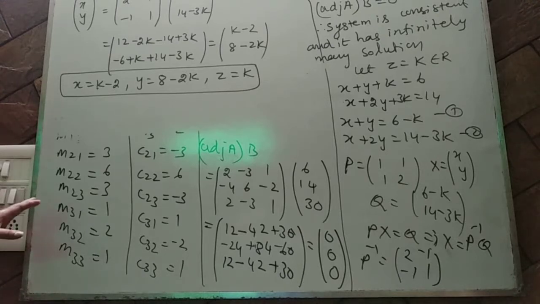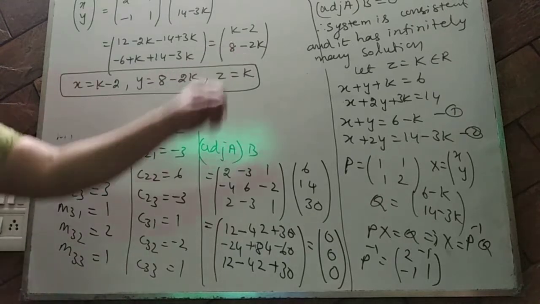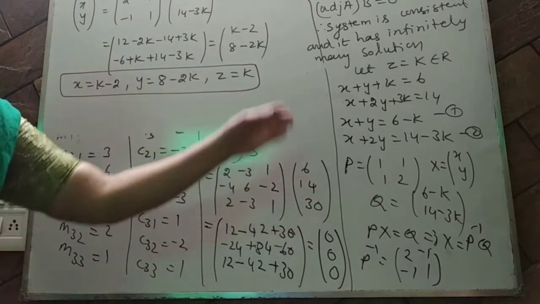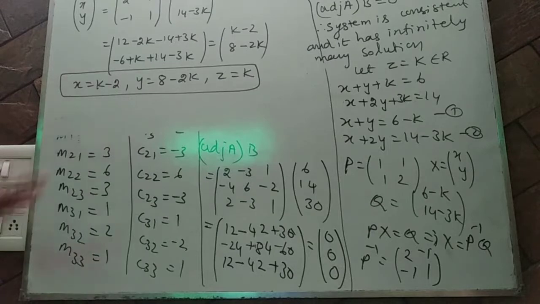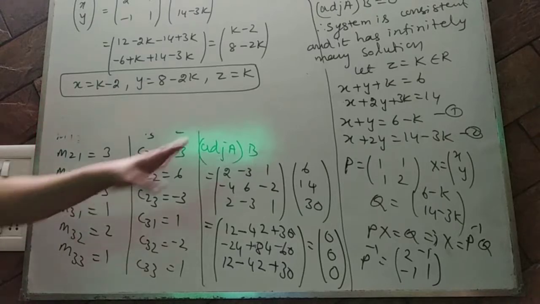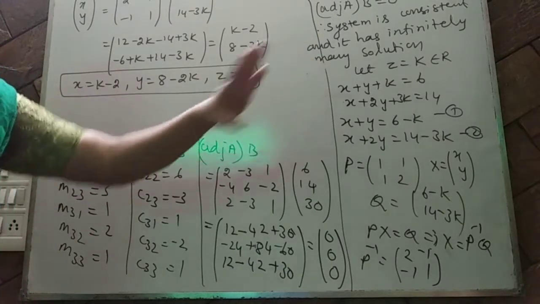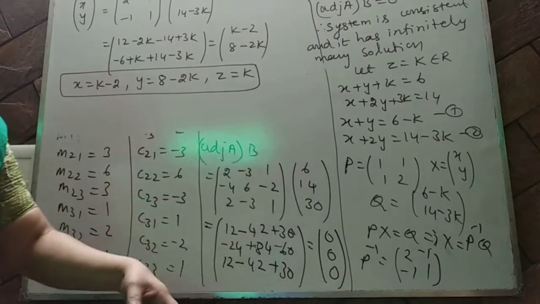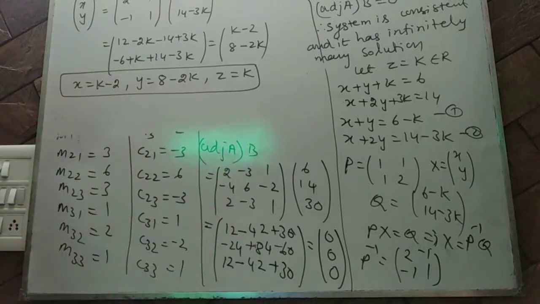So it is so simple. If it is a 2 by 2 system, that is quite easy. Then z equal to k. If you take y equal to k, then automatically you will get the value of x, no need of solving again. If you get determinant of A as 0 and adjoint of A into B is also 0, then further you have to do one thing: let y equal to k. If you substitute y equal to k in any one other equation, you will directly get the value of x. Suppose in an NCERT question, the system is consistent and has infinitely many solutions in 2 by 2, you can do it like that.